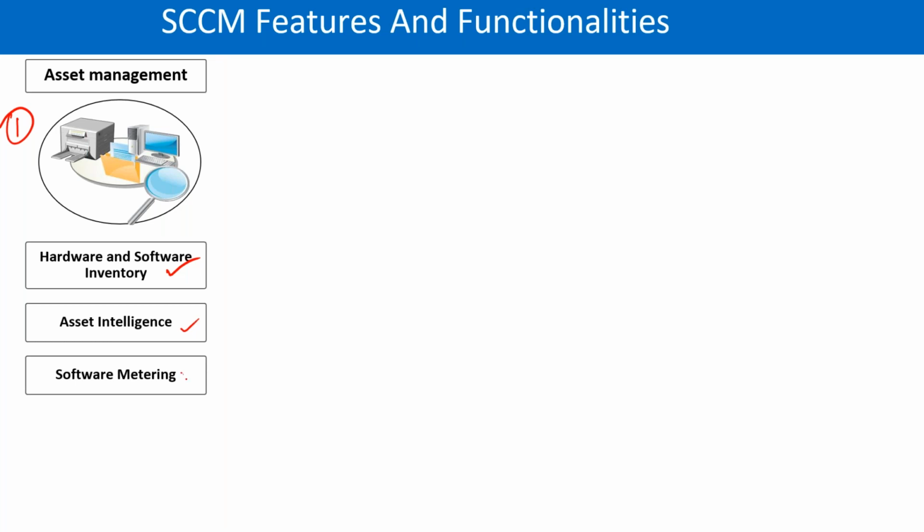You can do software metering, like monitoring of software utilization. You can monitor the utilization of any software, let's say Adobe Acrobat or XML Spy or Microsoft Visio. It will give you a list of computers where it is utilized in the month of March, in the month of February, so on a monthly basis you can get the data.